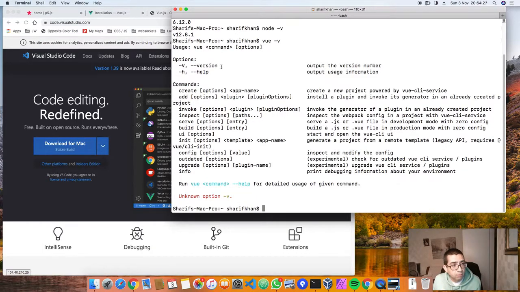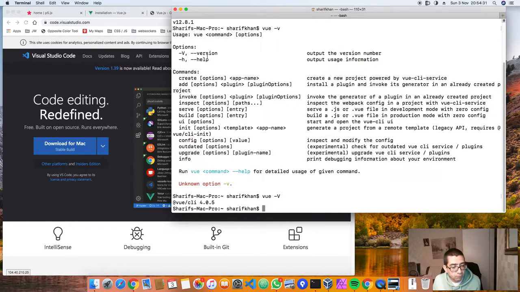Great. It's minus V. Okay. So 4 or 5, which is fine. So they're the 3 things we need to get up and running and get started. P5 will install on a site-by-site basis. Visual Studio Code. Now, I'm not sure if by default you can do this or whether you have to do